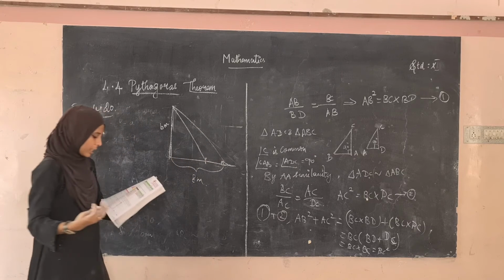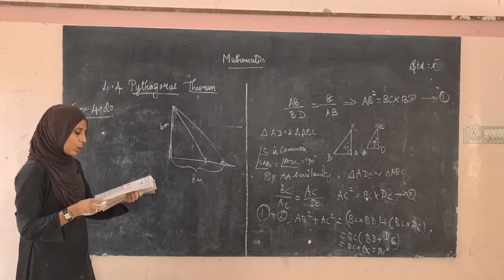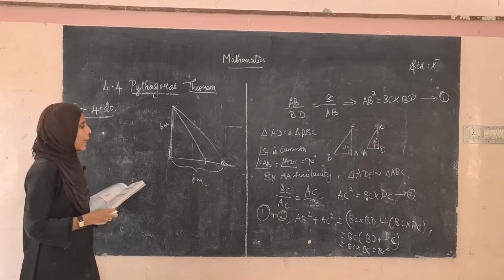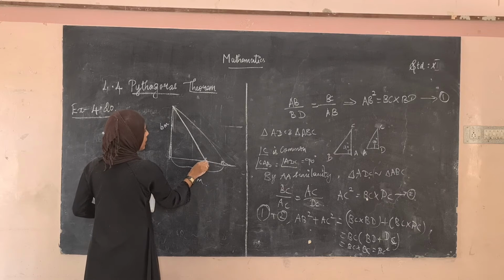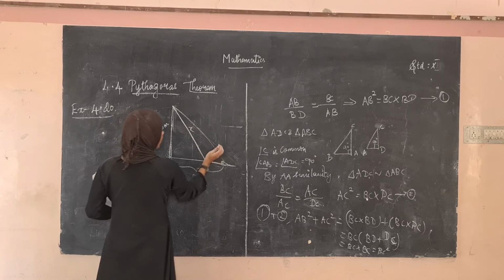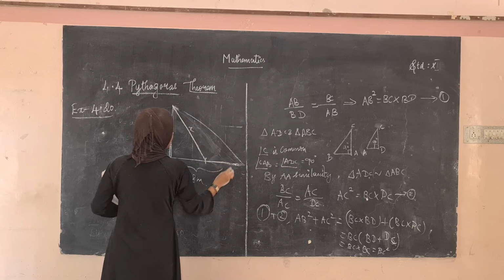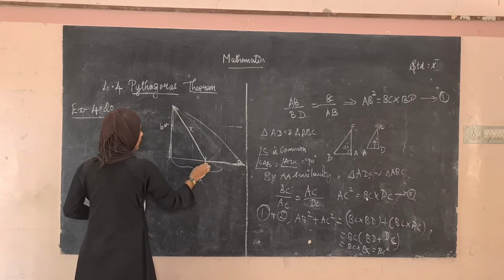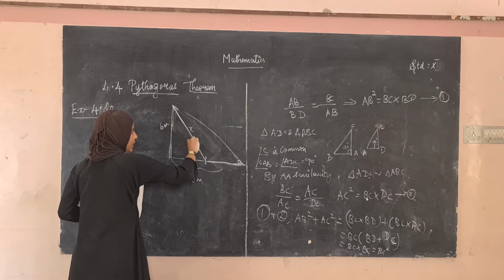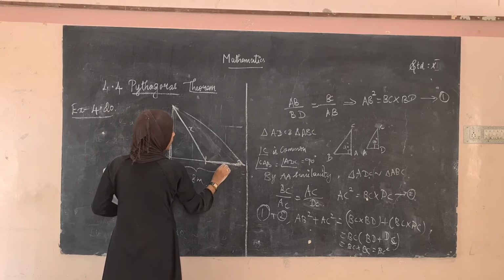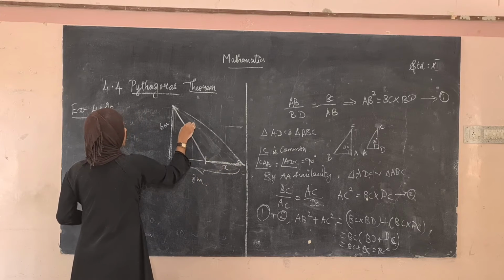So it has moved forward. If its distance from the top of the lamp post is equal to the distance it has moved, how far is the insect away from the foot of the lamp post? So now the distance from the top of the lamp post is equal to the length it has moved. If this is x, it has moved this way. From the top of the lamp post its distance is equal to the distance it has moved. If this is x, this is also x.